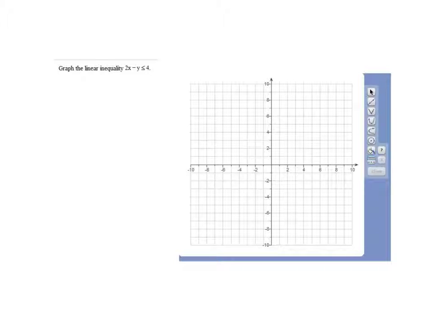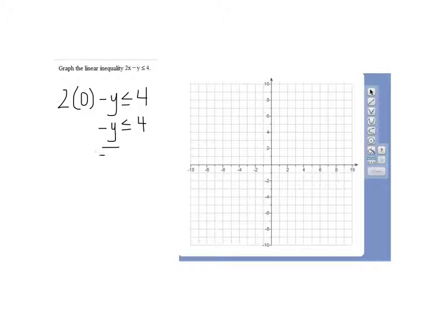With this inequality, you can graph it a little bit different. You can go back to the chart where you pick values for either x or y and then solve for the other, but when they're like this, I tend to try using the intercepts. So for that, you just plug in 0 for x, solve for y, and then plug in 0 for y and solve for x. So if we plug in 0 for x, then what we get is negative y is less than or equal to 4. We could just write equal. Again, we're just finding points for our line,